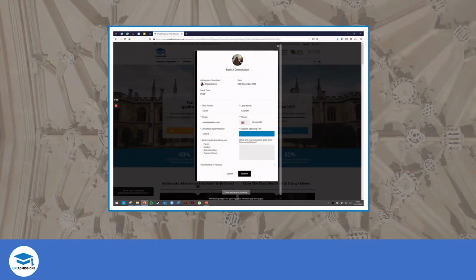Fab. Thanks, Will. Violet has asked, can you tell us what percentage of medicine students are gap year students? I don't have an exact figure for that. That's one I would have to research. I think it would be a little tricky to find out, just because it's difficult to know what age people are supposed to be in terms of school year.